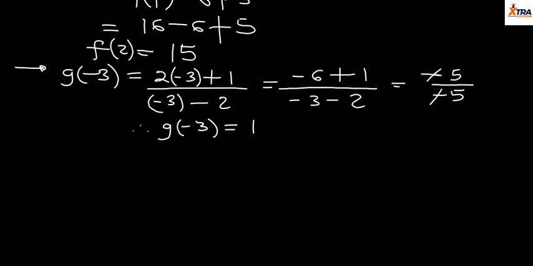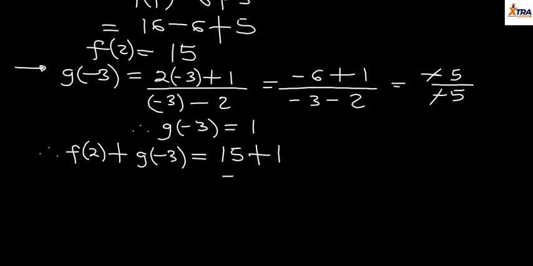So, since I've gotten my g of minus 3, I've gotten my f of 2, I can now say, therefore, f of 2 plus g of minus 3 is giving us 15 plus 1, which is the final answer of 16. That is for my figure 1. For my figure 2,